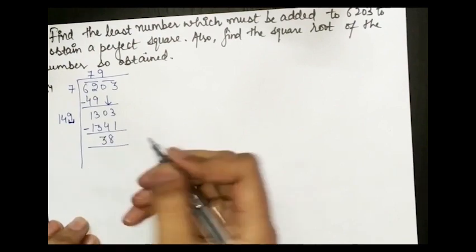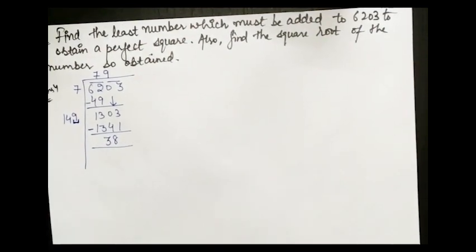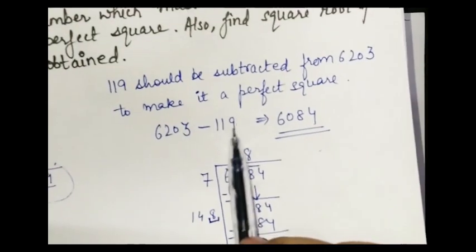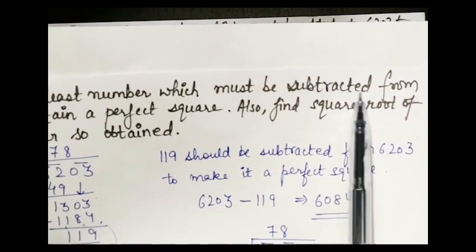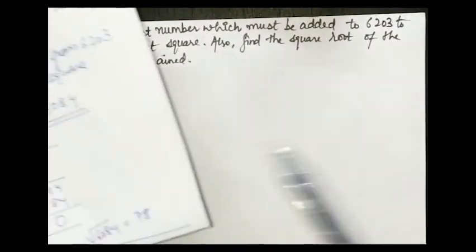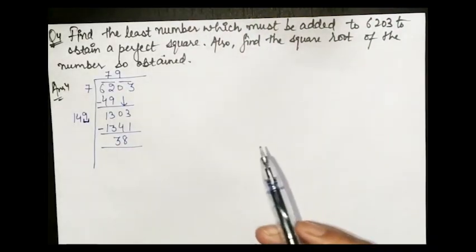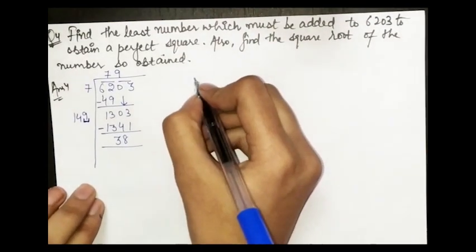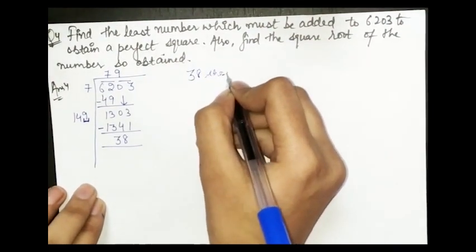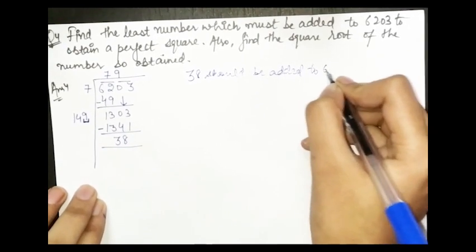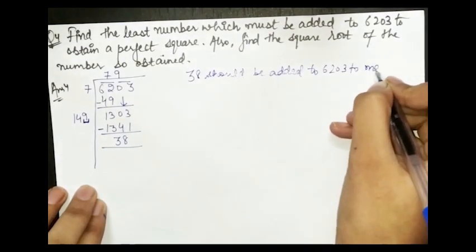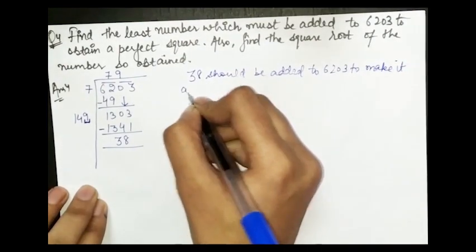Okay, 38 is the remainder. So the number here, 119 is the remainder, so we have subtracted 119 as the question has told us to subtract, but here it is telling us to add, so we will be adding 38 here. Means first we will be writing 38 should be added to 6203 to make it a perfect square,